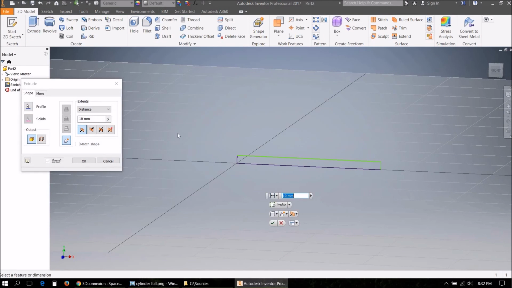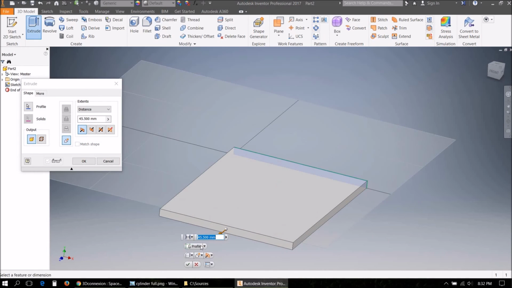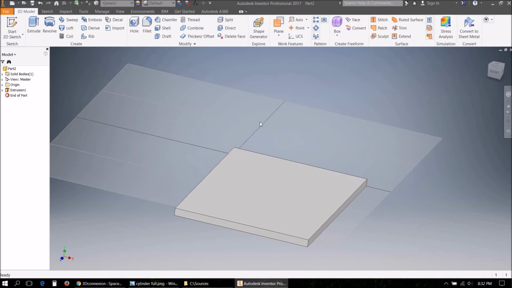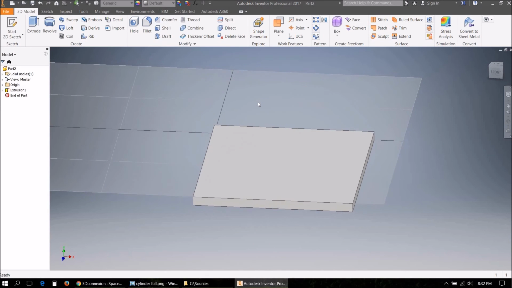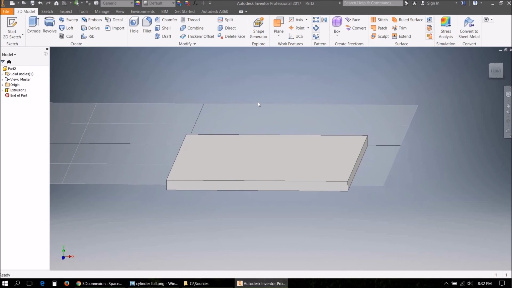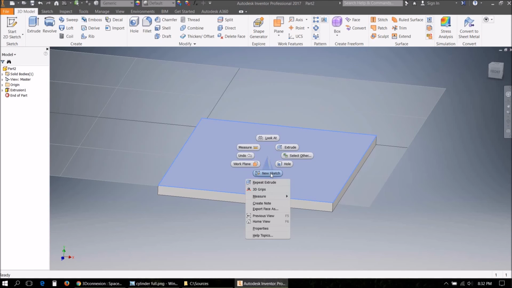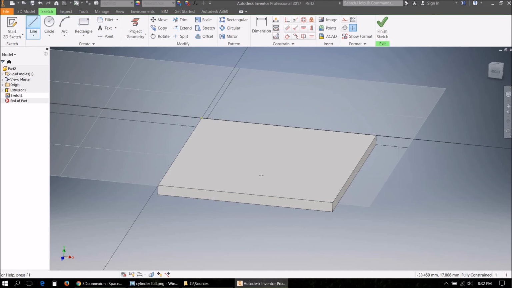Extrude it. Right. Now, let's say you want to bend this part. The way you normally would do that in Inventor is just add another sketch on top, add a line like that,